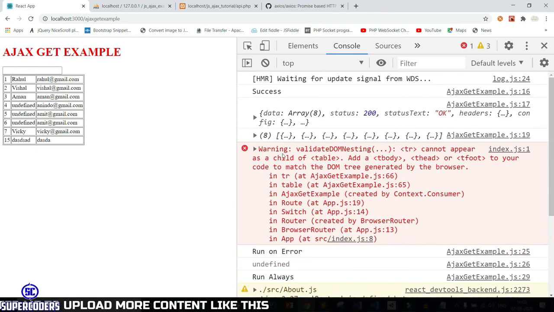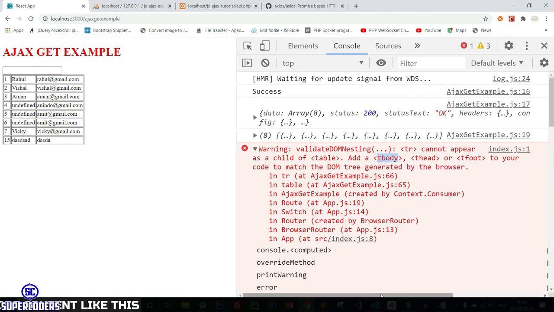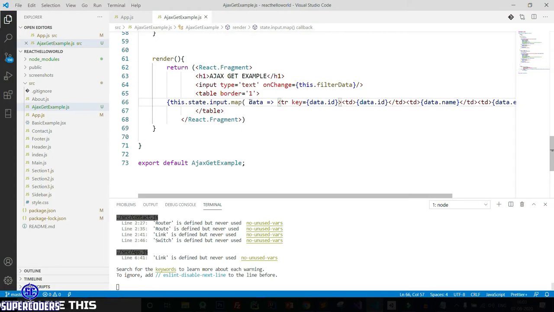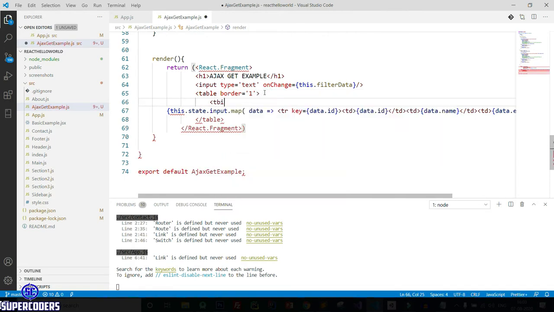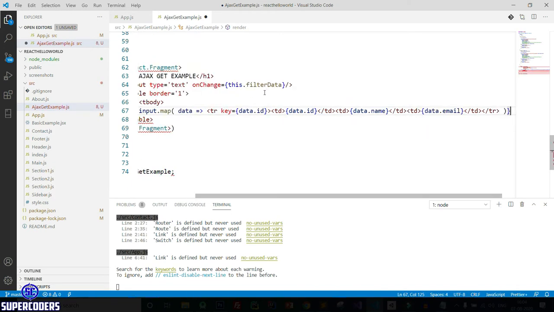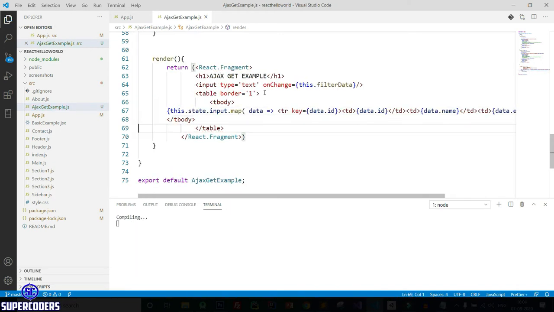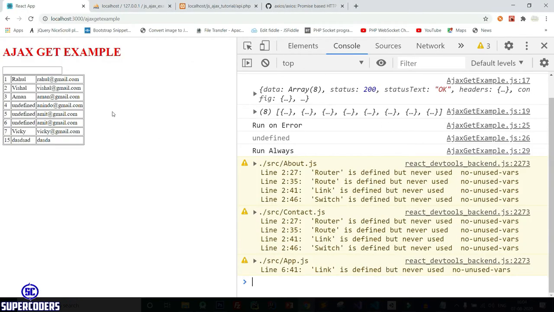Again come, and you can see the error has gone. Also there is one error, tbody. So surround our code in tbody. Now there is no error.